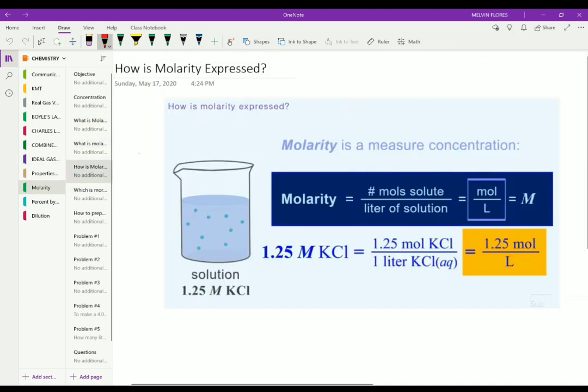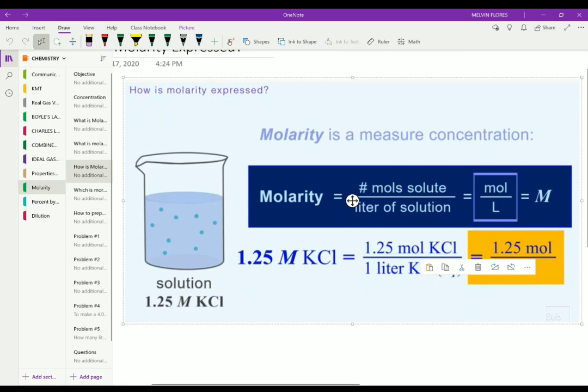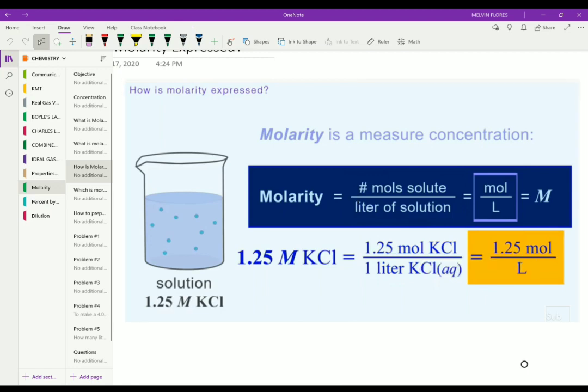Okay. How is molarity expressed? Of course, basing from what you have seen in our video, molarity is the measure of concentration. So we have moles of solute divided by the liter of solution, which is expressed as mole divided by liter. Okay, so if we have 1.25 molarity of KCl solution, which means we have 1.25 mole of KCl per liter